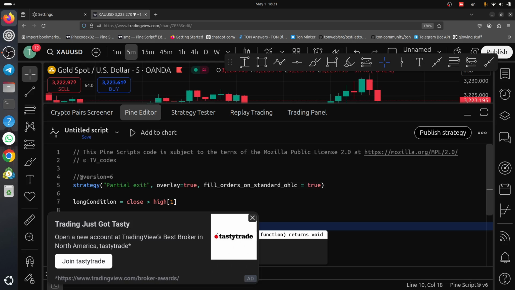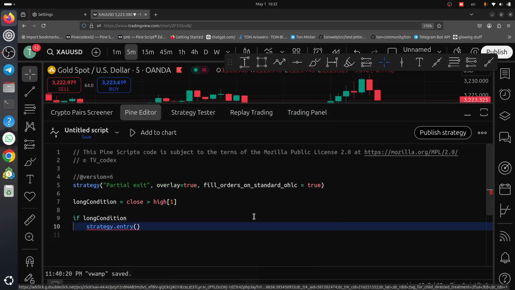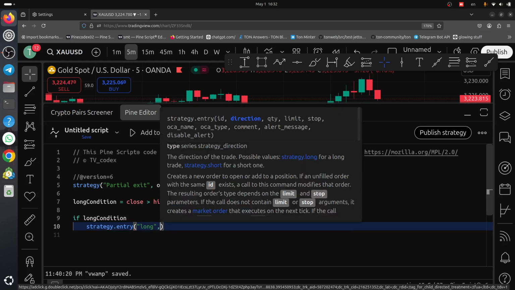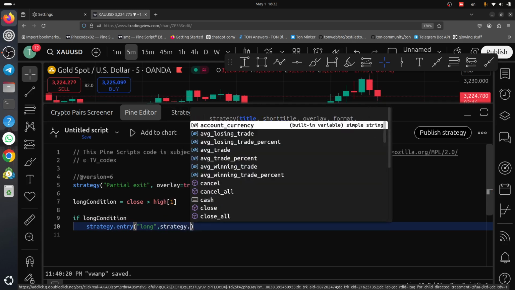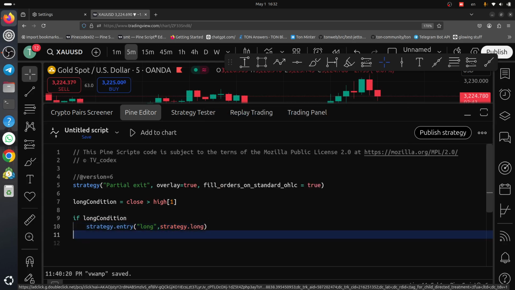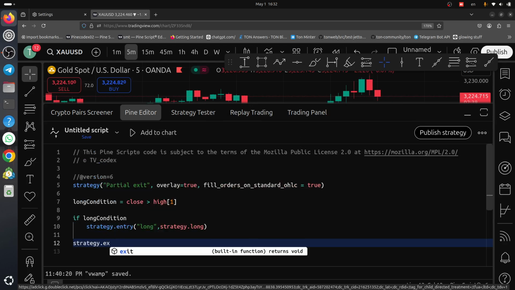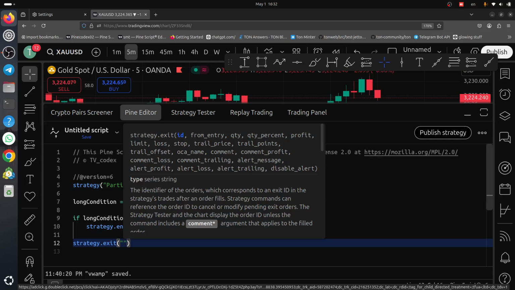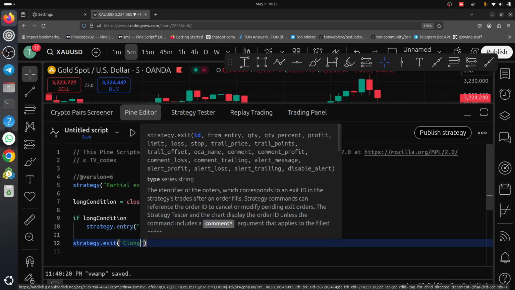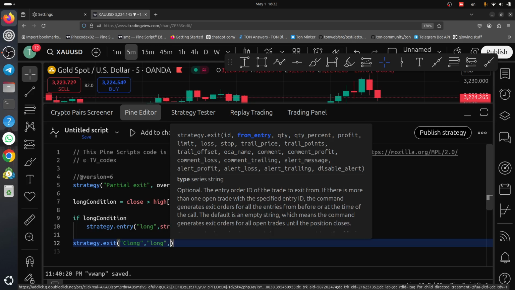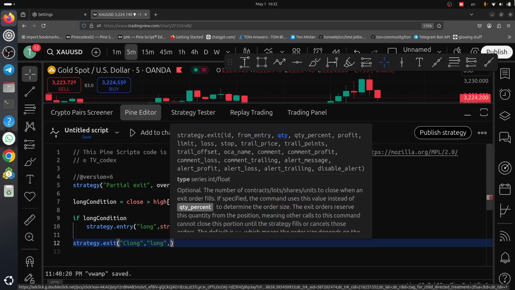strategy.entry, ID can be long, and direction strategy.long. Then strategy.exit, ID, for example, C long, and from entry long, which should be the same as this, and